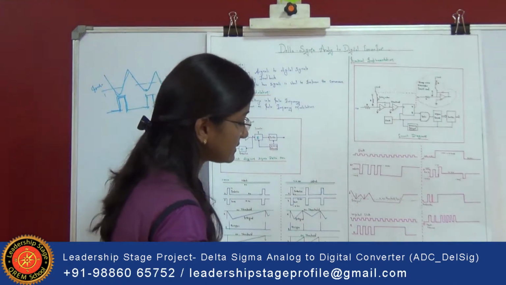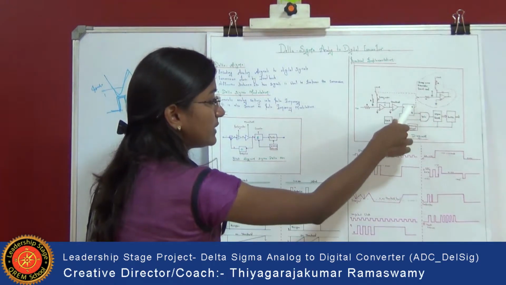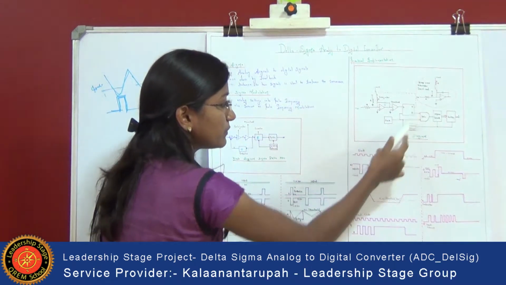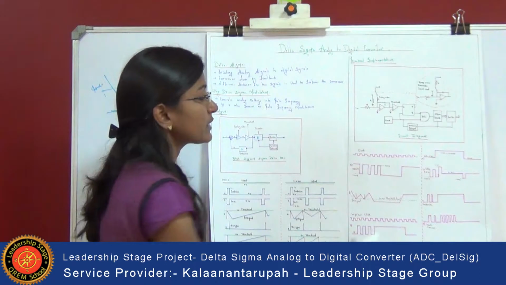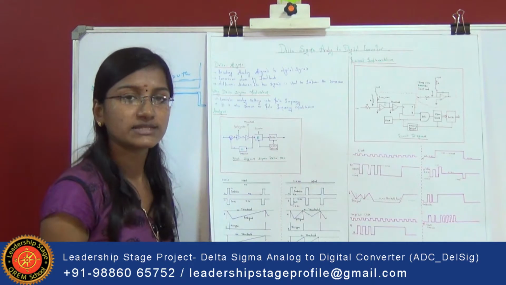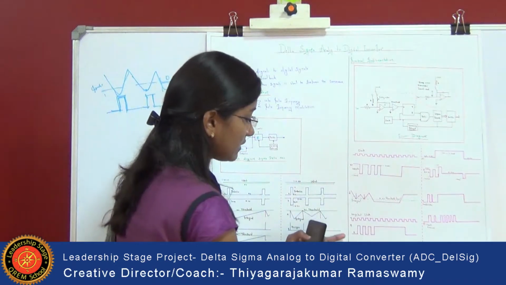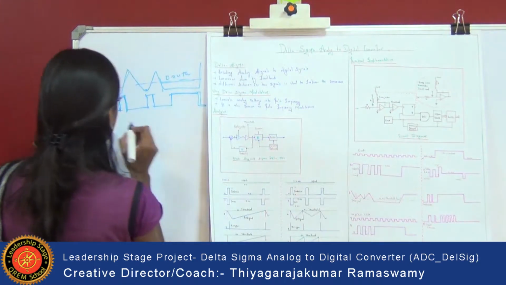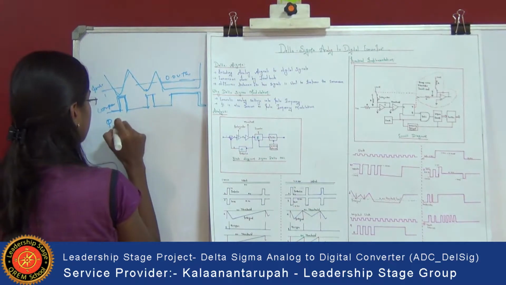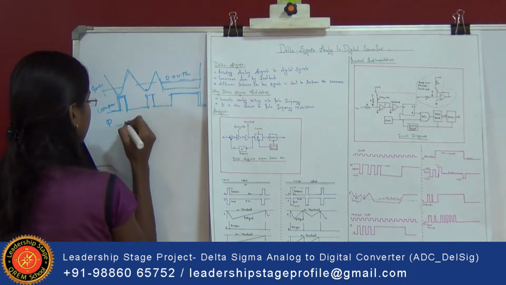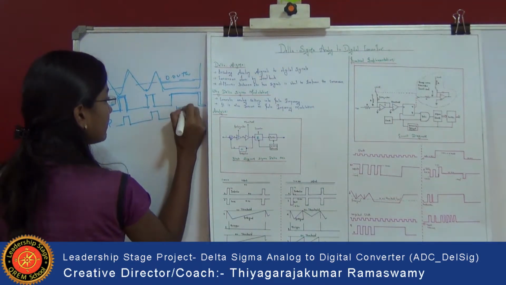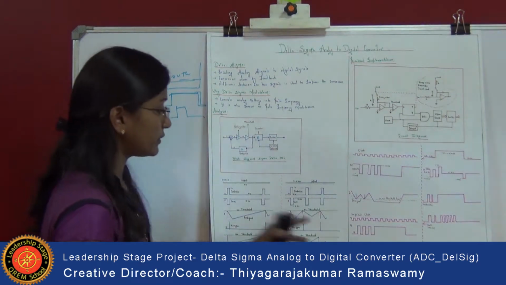And next we are going to see Q. Here I am using a D flip-flop. When the output from this D is positive, it is passed to this Q, where it produces a positive half cycle. When the output from this D is negative, it is passed to this Q bar, where it produces a negative half cycle. So the output of Q is somewhat delayed when compared to the comparator. This is the comparator and this is the Q output. It has been delayed, so the output will be like this. Delay in the square waveform. This is the output of this Q.